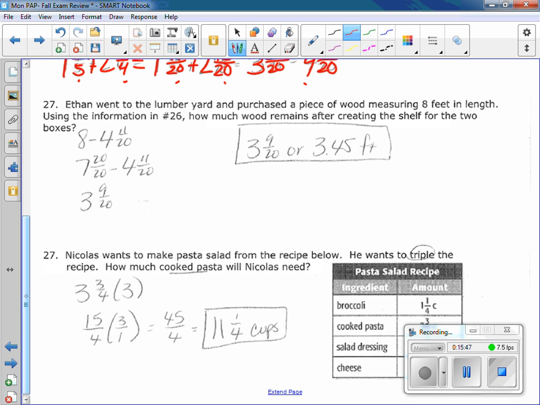Remember that when you're multiplying fractions, like on number 26,